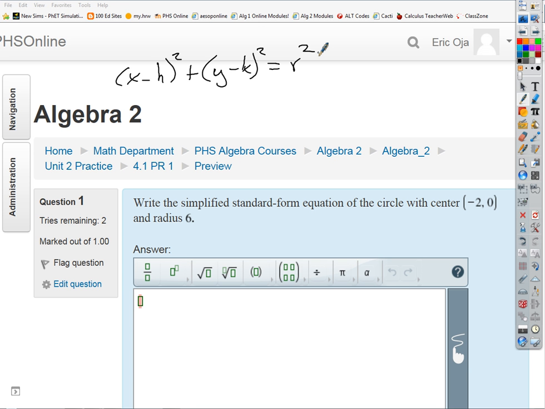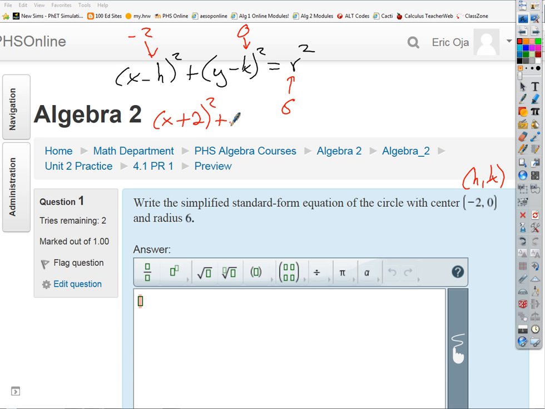So if we know that the center is at negative 2, 0, what's the value of H? These are the coordinates of the center. Negative 2, exactly. So we're plugging negative 2 in for H. And what are we plugging in for K? 0. And what are we plugging in for R? 6. That's it. So we'd end up with X minus negative 2, makes it X plus 2 squared, plus,